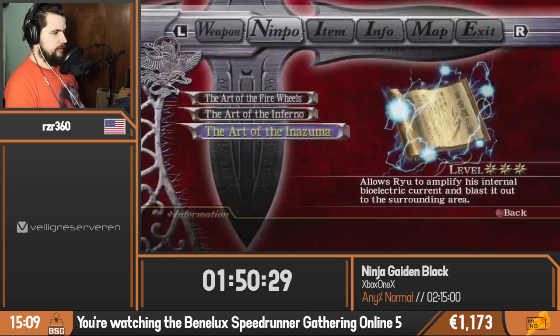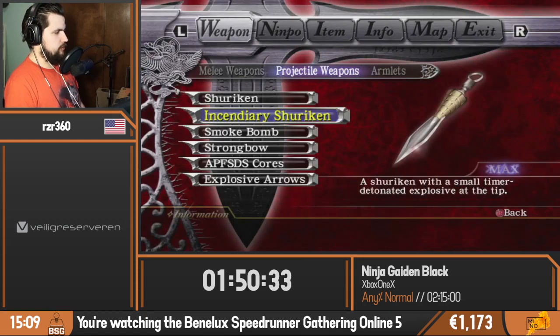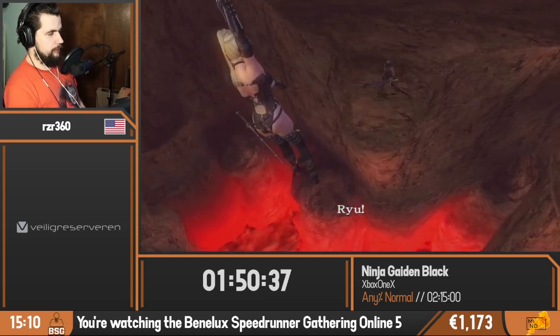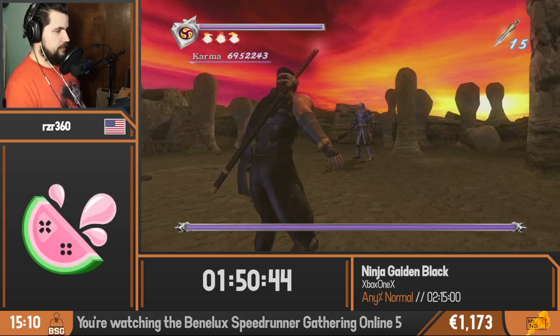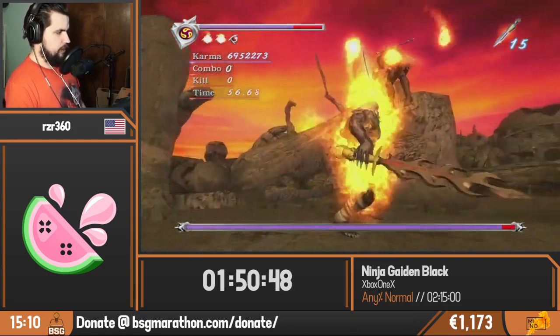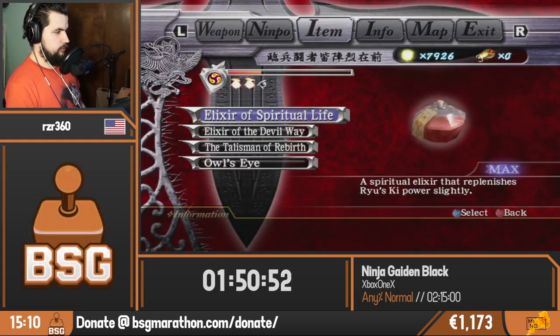And we made it. Okay, so I'm actually going to equip fire wheels as well as incendiary shurikens for the final boss. So I'm going to have to focus on this fight quite a bit. The final time will be when the final boss's health hits 0. I'll try to say time, but this boss actually requires a lot of focus. It's already beating the crap out of me, so